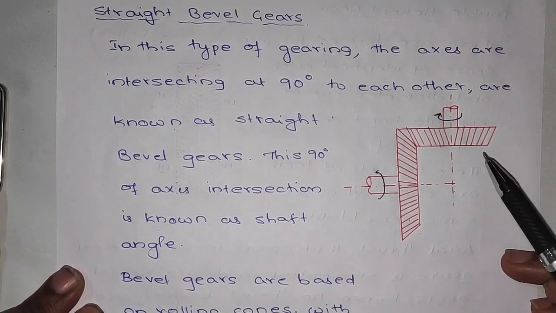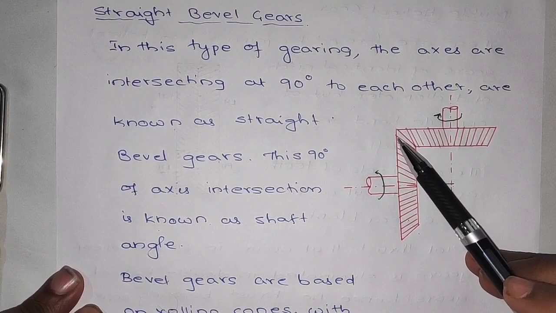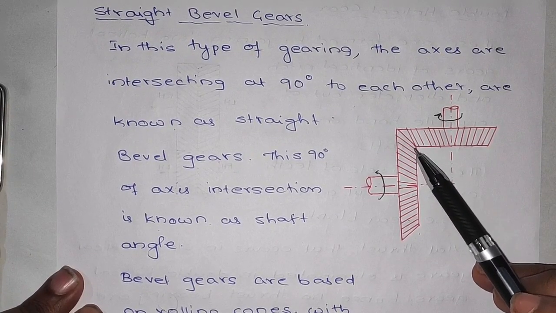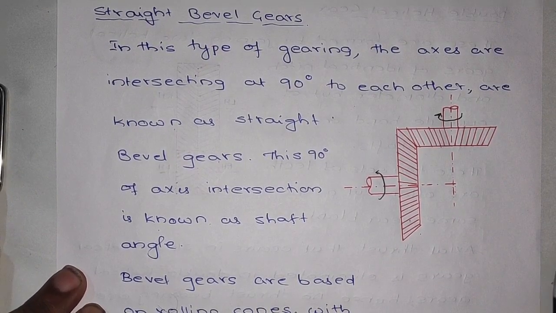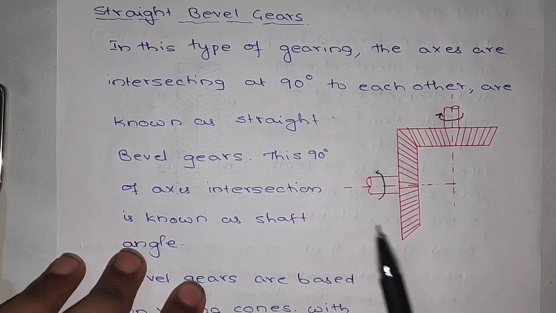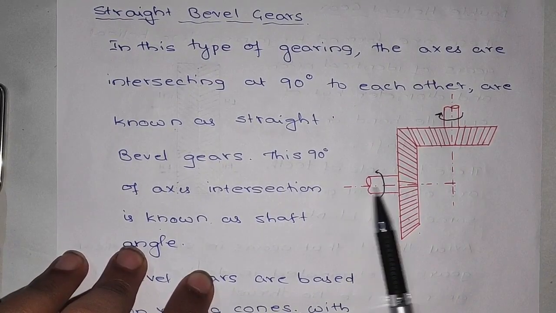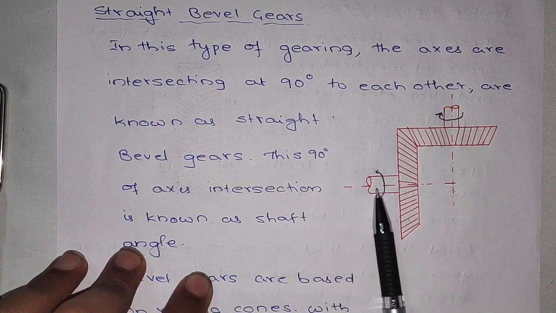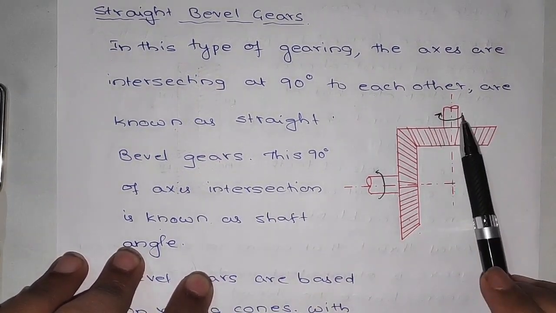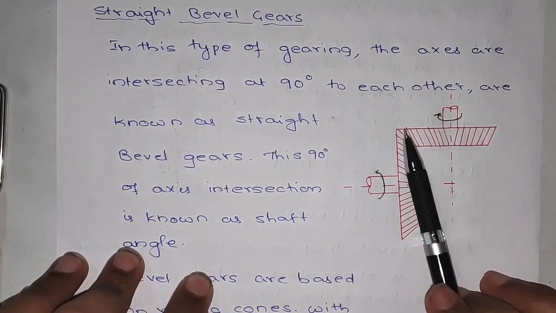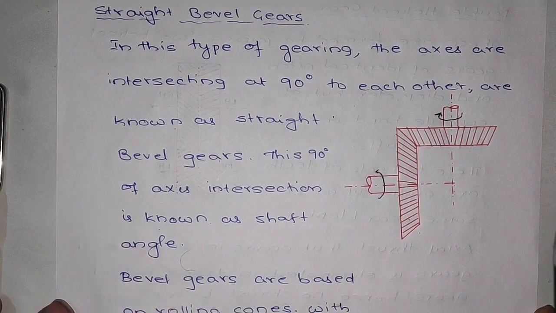At the beginning of the engagement in bevel gears, they make a line contact similar to spur gears. The contact will usually be at this position. They are used in the differential mechanism in automobiles. For example, if this is the wheel axis of an automobile, say the rear wheel axis, and this axis is on a shaft which is directly connected to the engine and the gearbox or the transmission shaft, then this rotation will make the wheels rotate due to this arrangement of bevel gears. So this is about the straight bevel gears.